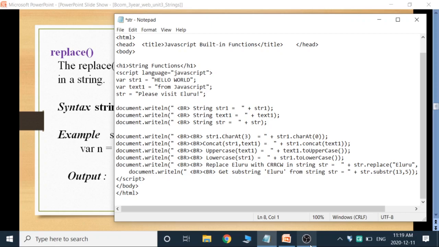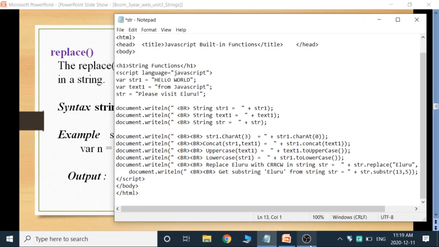The tag that is used for JavaScript is the script tag, with an attribute language equals JavaScript. In that I am taking 3 variables: str1, text1, and str. str1 has the value hello world, text1 has the value from JavaScript, and str has please visit Eluru. I am displaying these 3 strings.